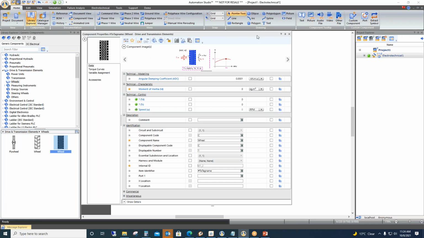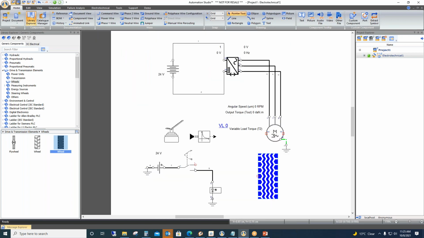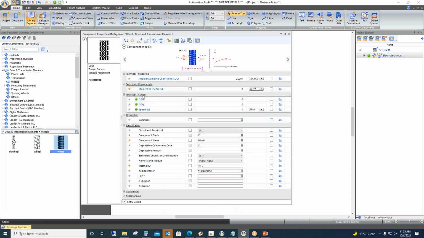Okay. So the load torque of the motor, sir, will be linked to the wheel. In the wheel we have these particular properties. What I have done now is I have taken this wheel here from the drives and transmission. If you click this wheel, you have access to the torque curves as well. Here you will be adding the angular damping coefficient of the wheel.